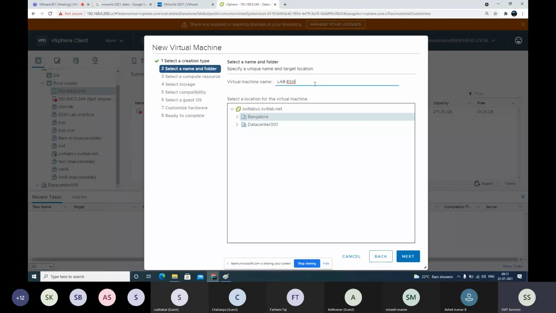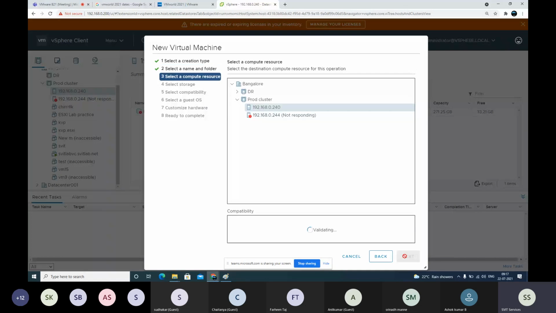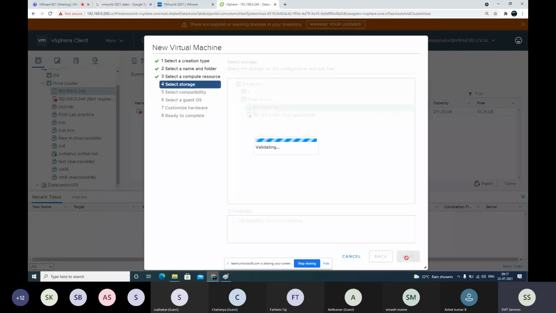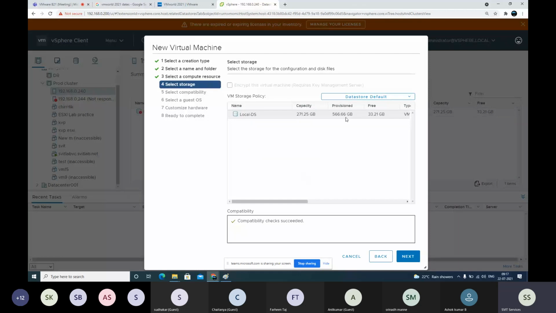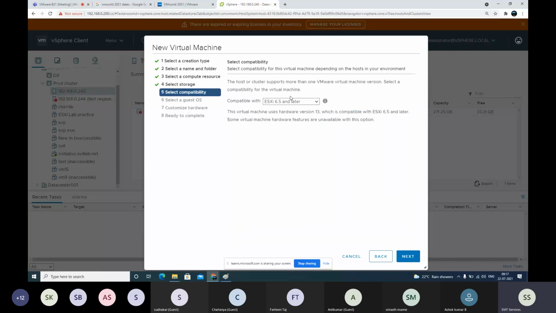Lab minus ESXi. Next, select the ESXi machine. Select the hard disk wherever you have enough free space. Okay, it has 33 GB free space. We need 5 GB space only. That's enough. Select that. Here, make sure it has the latest compatibility, it should be 5. This is not like ESXi 6.5.